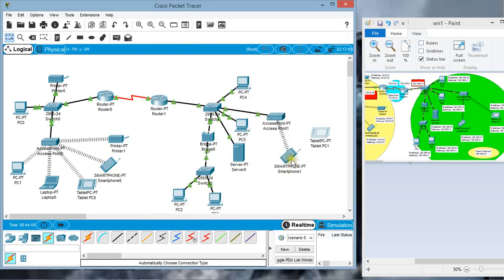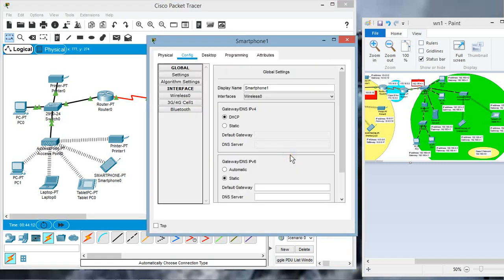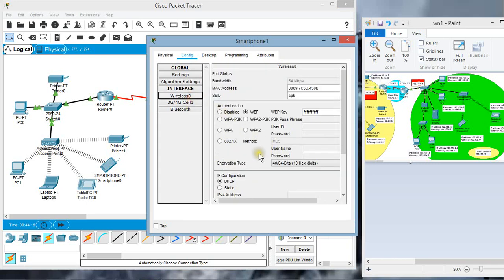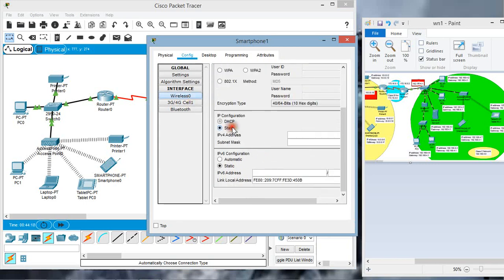And let us check the IP address on this smartphone. The IP address on the smartphone should be set using the static configuration. Let it be 192.168.4.9. The subnet mask will be 3 octets high and 1 octet low for class C. Close it.